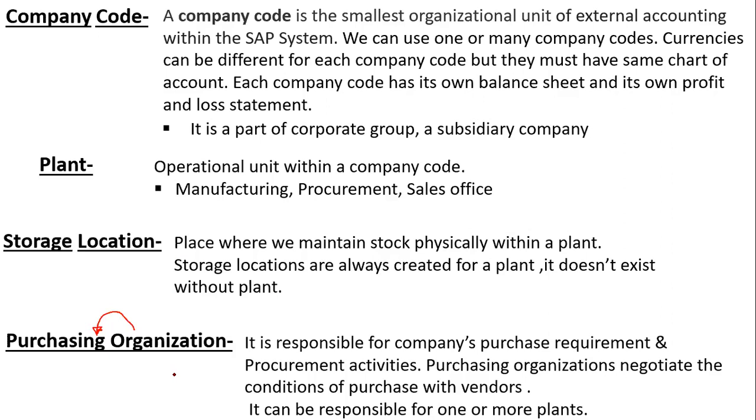It negotiates the conditions of purchase with the vendor, and it can be responsible for one or more than one plant.